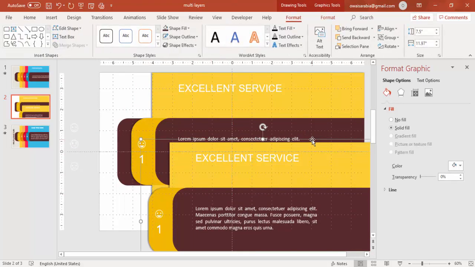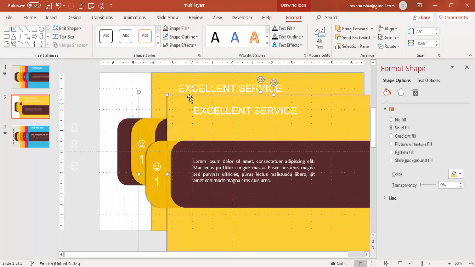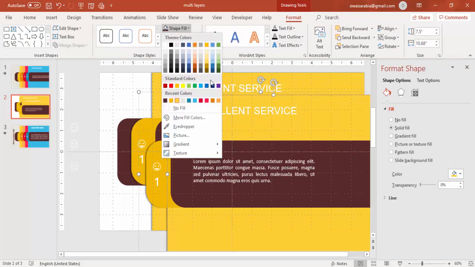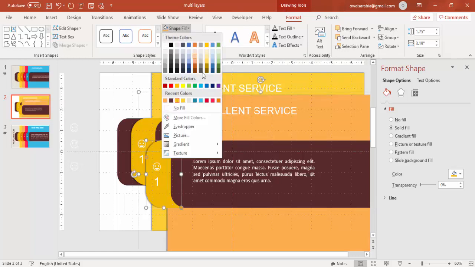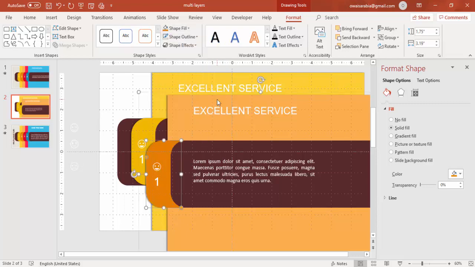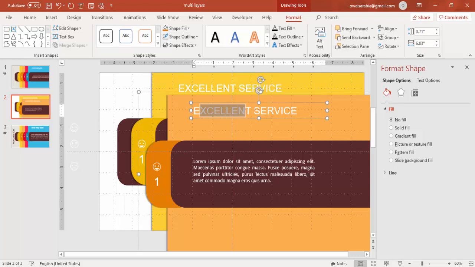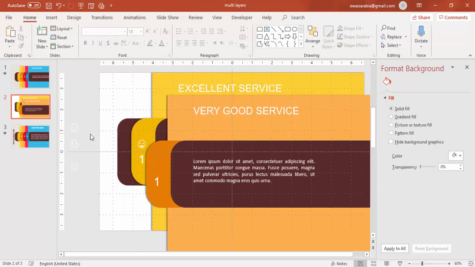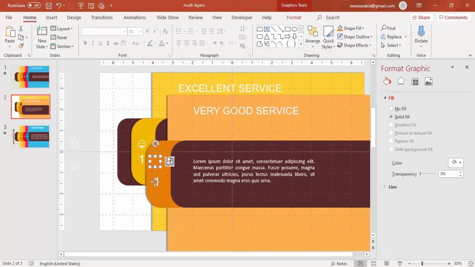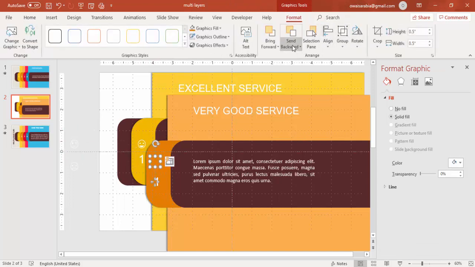So this is my second layer, and I'm going to change the color of this. So I'm going to use some light colors, and this is somewhat dark, and this color remains same, and the text you can change to, I will say, from excellent to very good. And here this icon also I can change. I will delete this icon and I will copy this icon here, bring this to front,